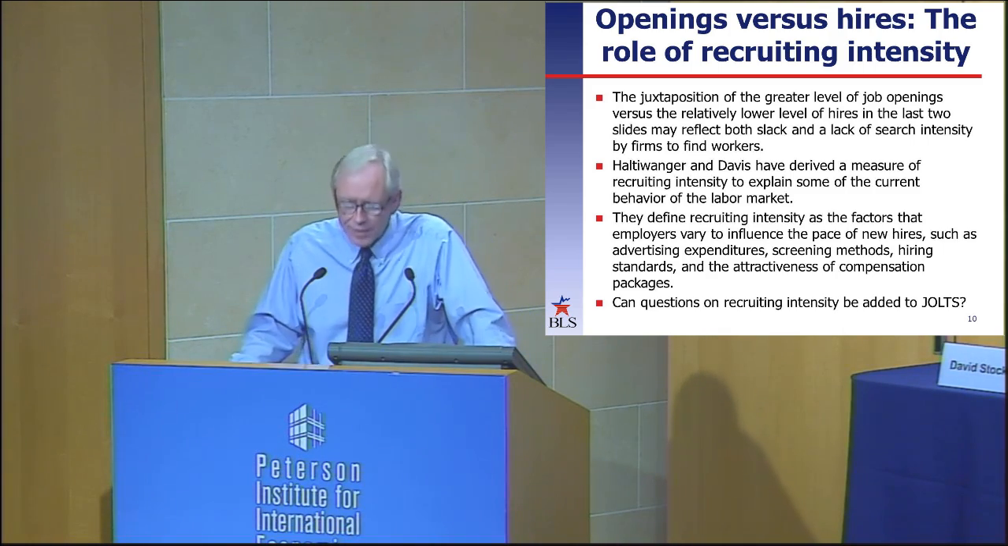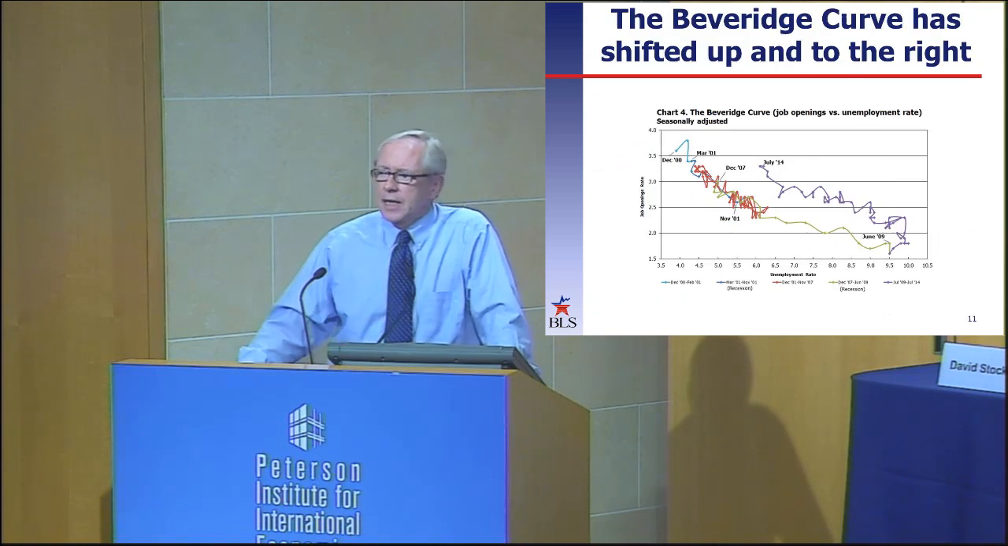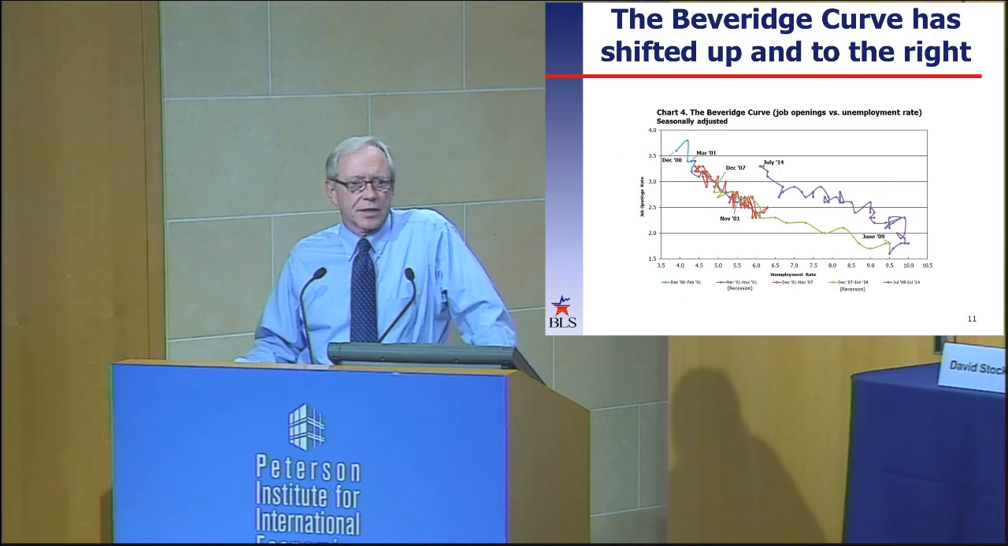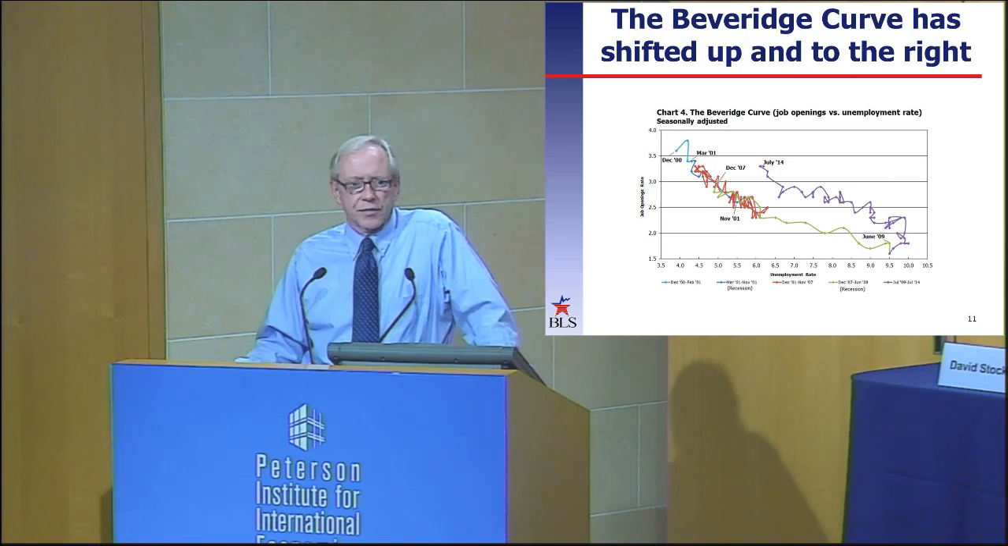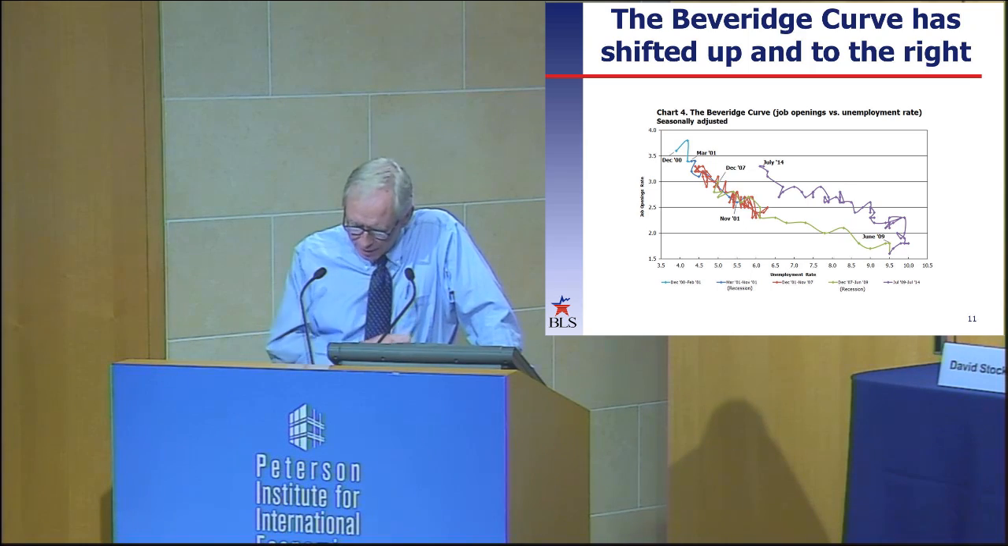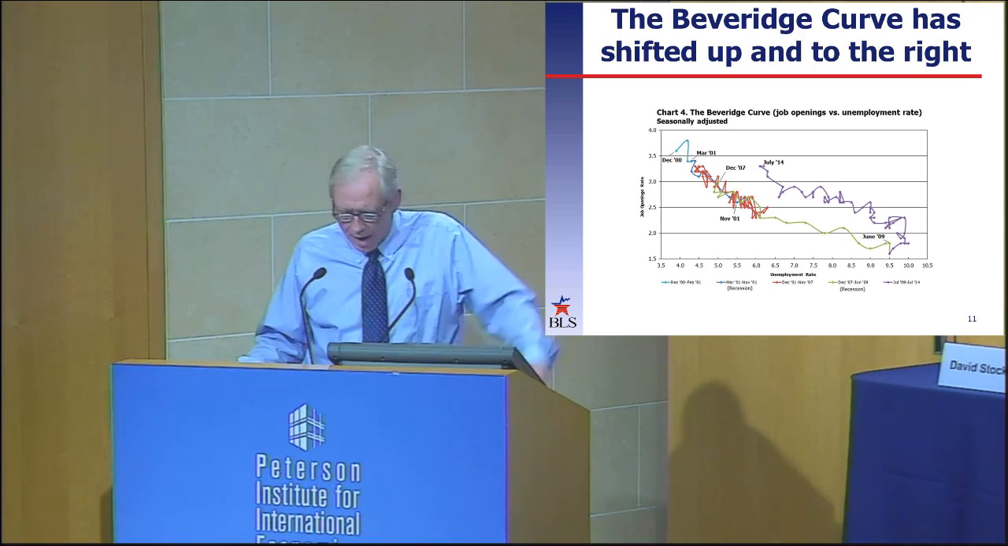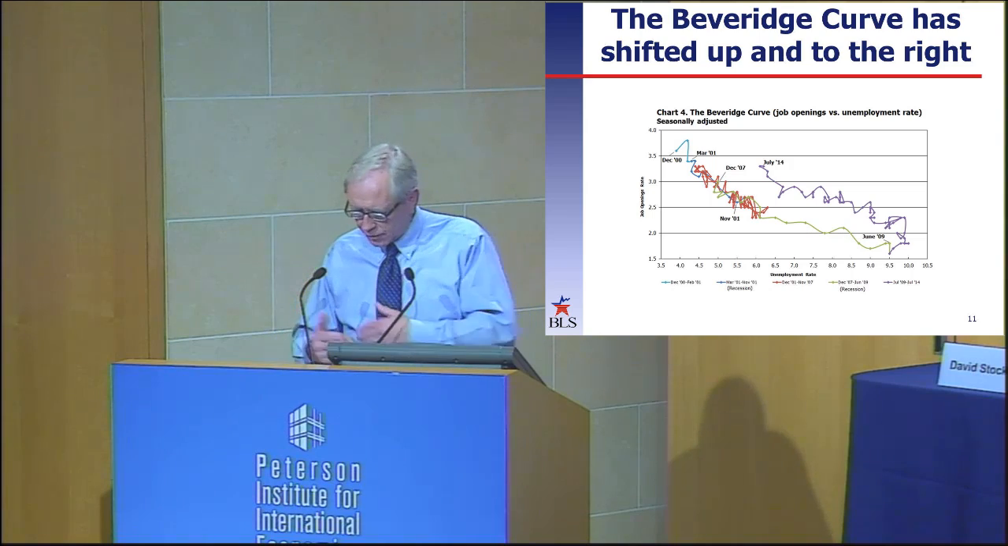If you go to slide 11, I think a lot of the conversation today is embodied in slide 11, and that is basically from the JOLTS data, the Beveridge curve has shifted to the right. If you look at the pattern going down to June 09, we have one Beveridge curve, and then shifting to the right from